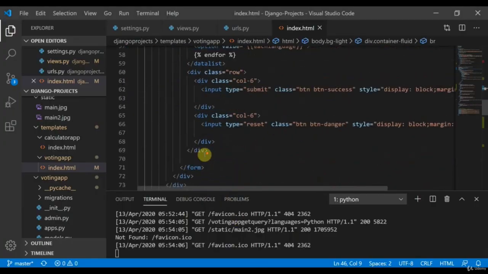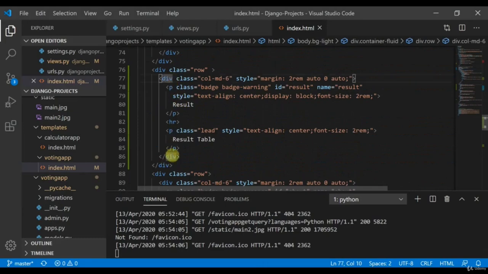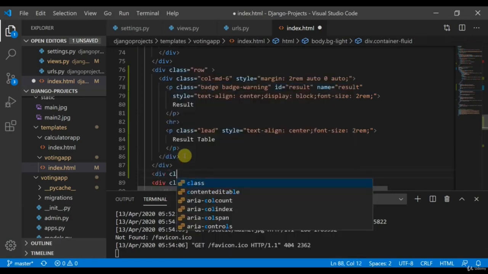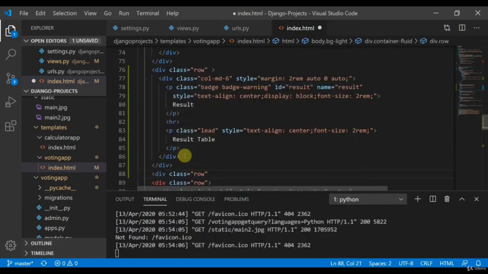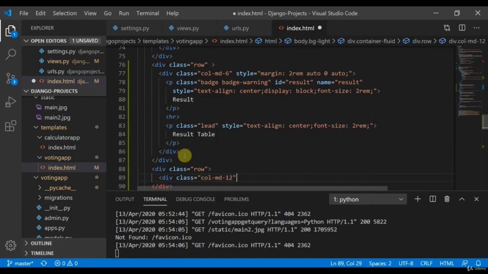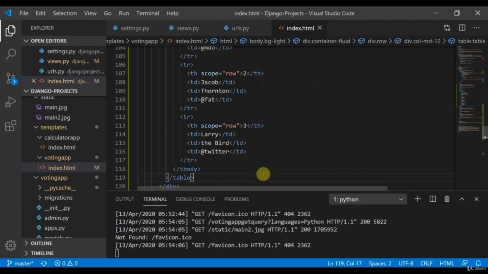Okay, so let me check where we have to add this. So this is the result table. Now what we can do is define div class equal to row, then div class equal to col-md-12. So I'm defining another grid for the table to keep it responsive. So I've copy pasted the table. Now I'll go back to my page,